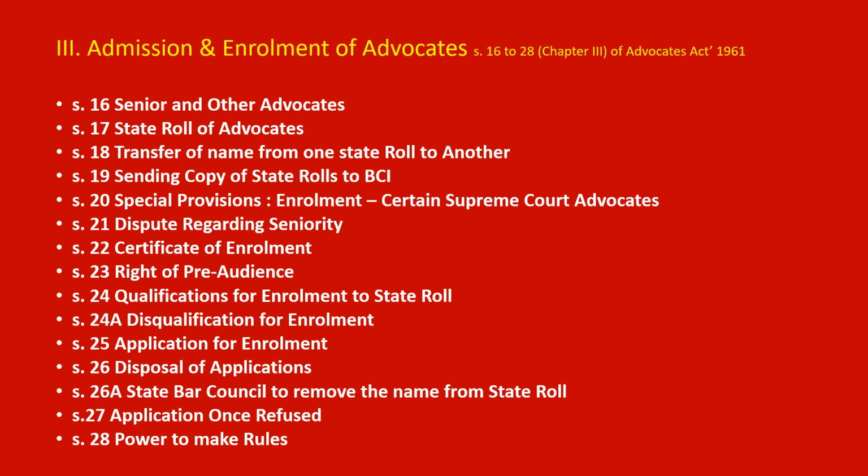The particular State Bar Council has to inform all other State Bar Councils with the name, address, details and qualifications of such person. And as Section 26A, we discussed that the State Bar Council should remove from its state roll the name of the persons who are dead, or who have given a request for transfer that is accepted. Section 27 says that for a person whose application is refused, if he wants to apply to another State Bar Council, he should take the consent of the Bar Council which rejected the application, as well as the Bar Council of India. And in Section 28, we discussed the power to make rules,